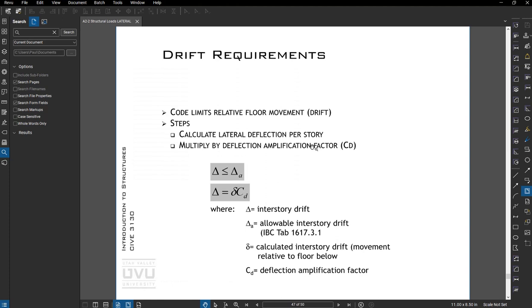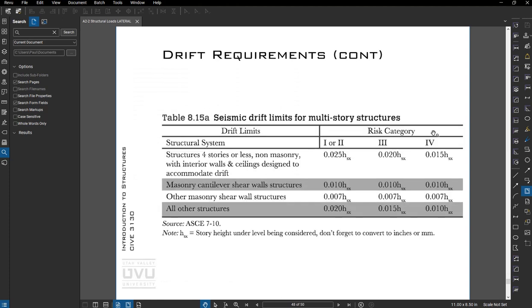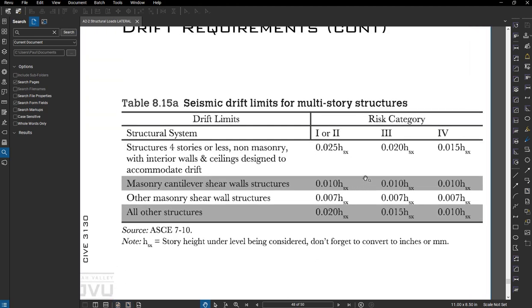So drift limits come from ASCE 7 or the building code. Different codes will have different values or similar values. But typically for your normal building, you're 0.025 or 0.02 times the story height. So basically 2% of the story height or 2.5% of the story height is what we want to